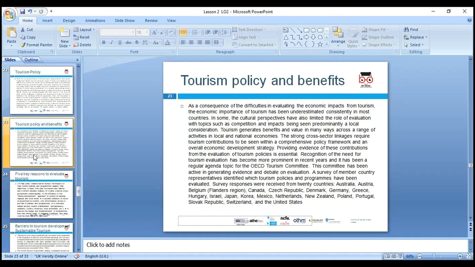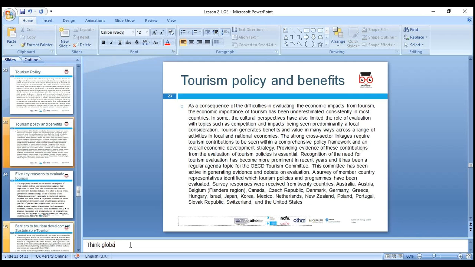Then next we look at the tourism policies and benefits. If we have a policy, it can create a benefit. Evaluating the economic impact, we discuss economic tourism consistently across countries, the cultural prospect. There is limited evaluation on this topic. We can look at it predominantly from a local consideration. That's why in business we call it